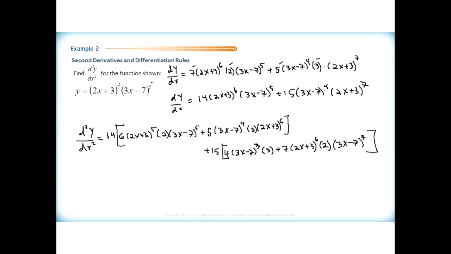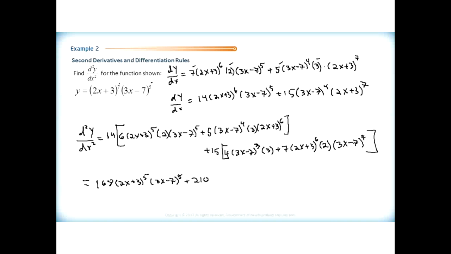And the only thing I could see that would be a reasonable simplification for this is combining whatever constants we have there that we can. So let's say that all this will be equal to 14 times 6, which is 84, times 2, which is 168, by (2x + 3)^5 times (3x - 7)^5, plus we've got 5 times 14, which is 70, times 3, which is 210,